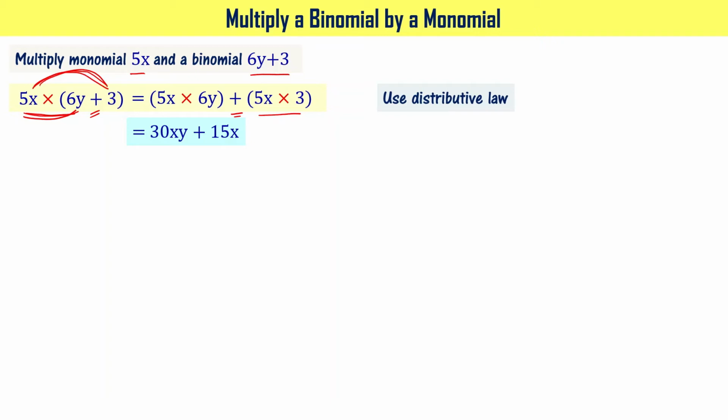As you see here, when you multiply a monomial and a binomial, the answer you are getting is a binomial. When you multiply two monomials, three monomials, you always got a monomial as the answer. You try to recollect. In this particular case, you are getting a binomial. When you are multiplying a monomial and a binomial, you are getting a binomial. Please note this point.